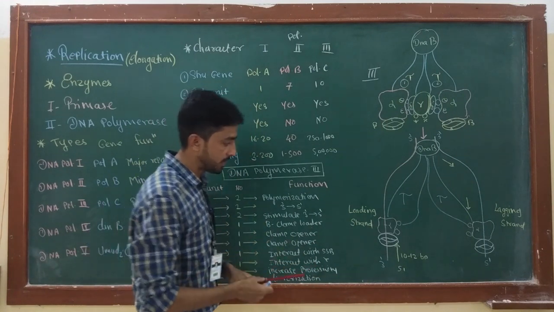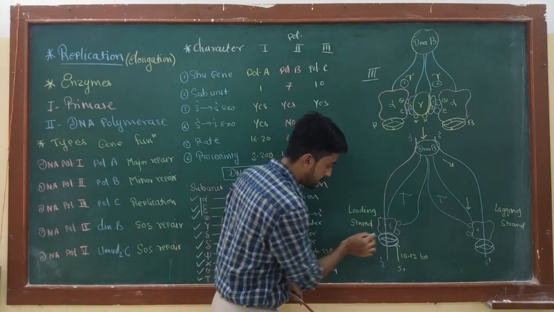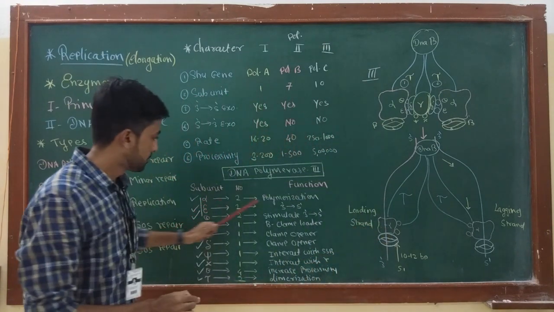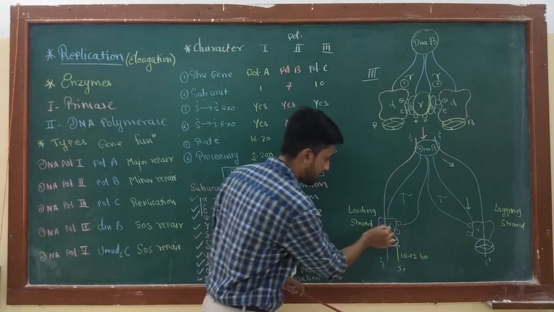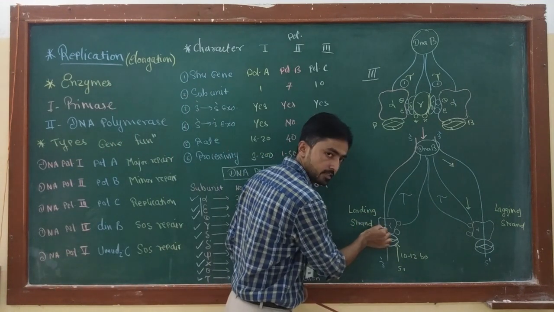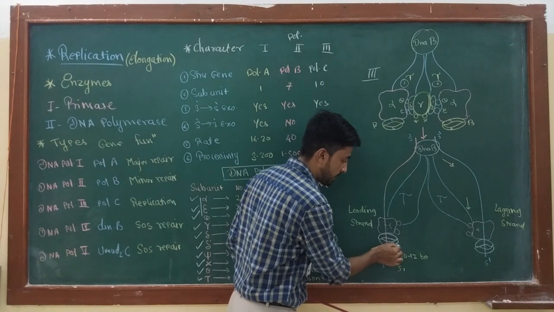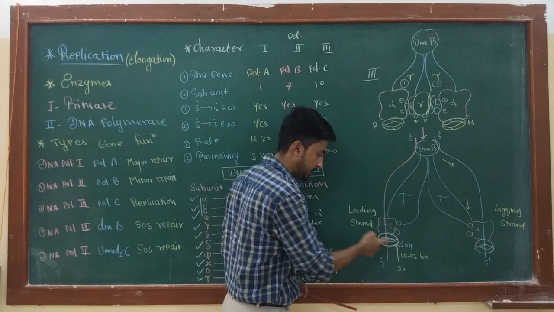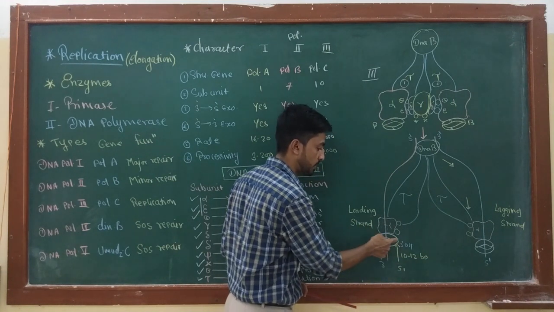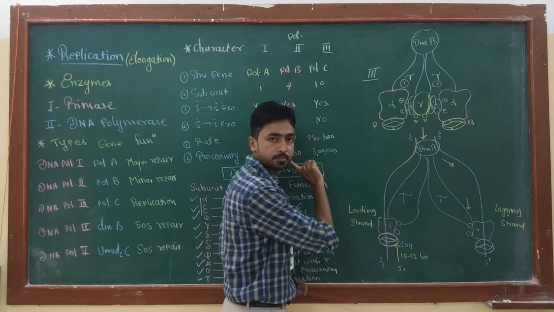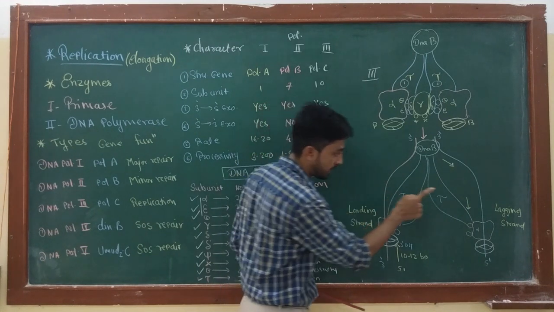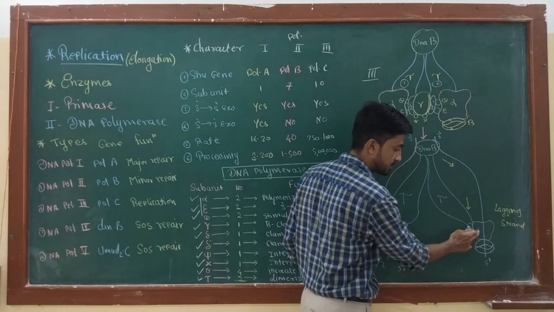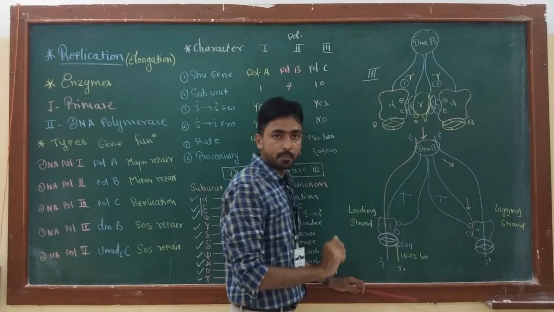Now, when the process of replication starts on leading strand, alpha, which is a polymerization subunit, has polymerization function. Alpha reads the template DNA strand and then adds nucleotide on the 3' OH end of the primer on leading strand. On leading strand, direction becomes 5' to 3'. New strand is continuously synthesized. No problem on leading strand, but on lagging strand, direction becomes 3' to 5'. In this direction, polymerase cannot synthesize the new strand.